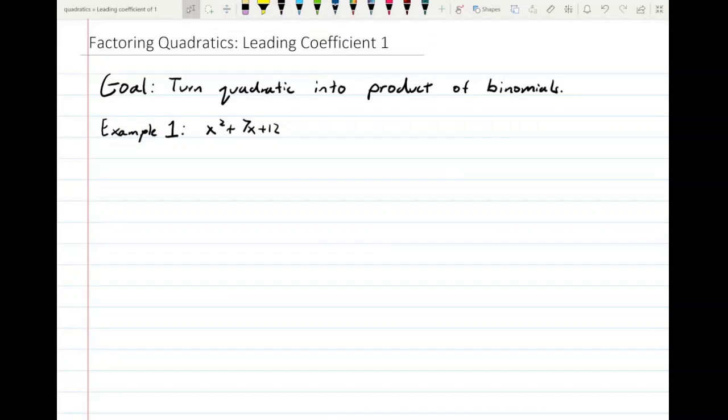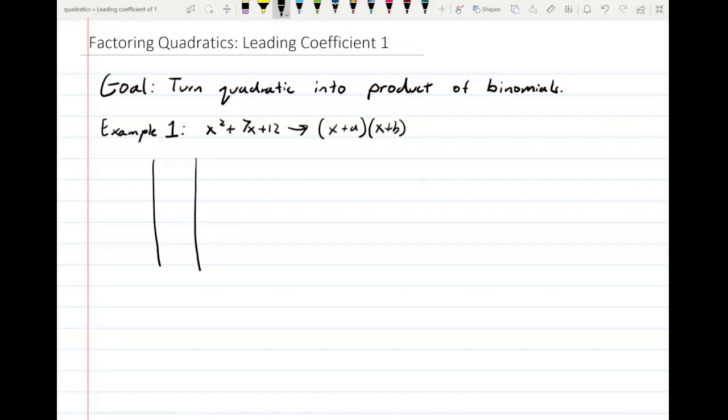Hey everyone, today we'll be factoring quadratics with a leading coefficient of 1. Now, as I've written here, the goal of factoring is to turn a quadratic into a product of binomials. So it's going to look something like x plus a times x plus b, where a and b are some numbers. Now to do this, we're going to first multiply out this generic product, and I like to do that